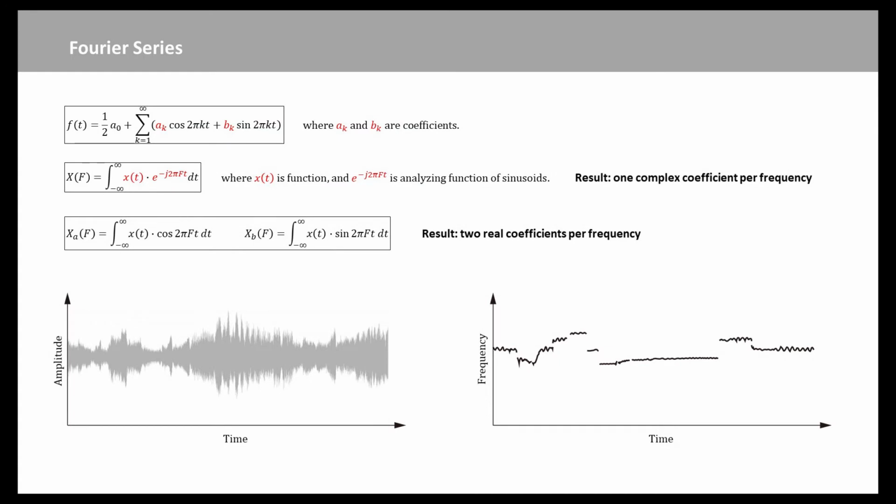Now we will introduce the Fourier series to detail the idea of the decomposition of a music signal into sinusoidal components. If we have taken calculus before, we are probably familiar with the Fourier series, which takes any periodic function in time and decomposes it into the sum of a constant, and then a series of sines and cosines defined by their frequency. We are summing over each individual frequency of sine and cosine.